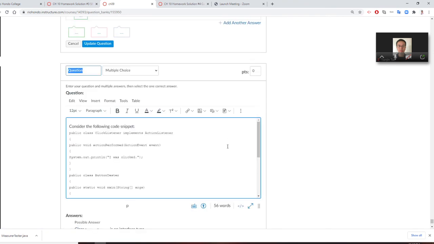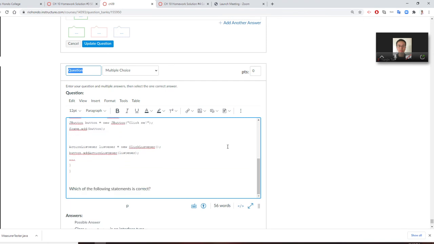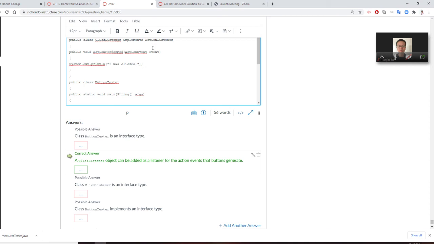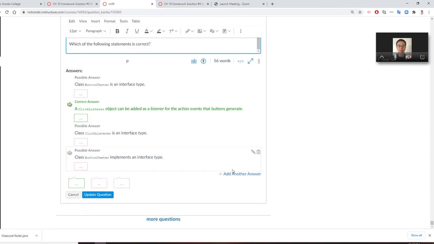We have the following code right here. We have a ClickListener that implements ActionListener. So a ClickListener object can be added as a listener for the action event that the button generates. That's because ClickListener implements it. Okay, we have an example for this. All right, so that will conclude your multiple choice and I hope you